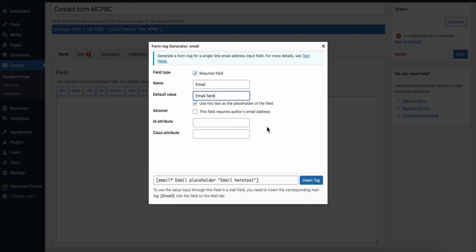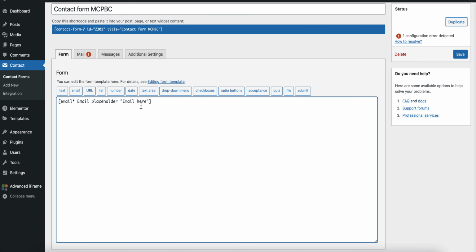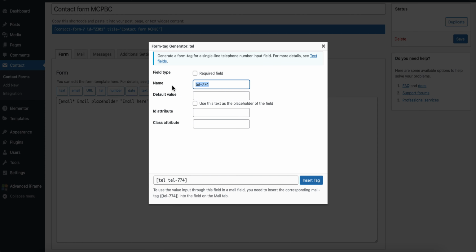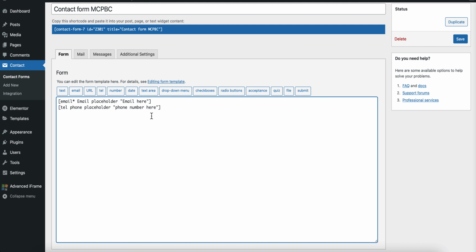So let's leave this, and we're going to go ahead and insert tag, and you can see the code is right here. Next, if you want a telephone number, I can have phone number here, and you definitely want to click on this, and you can see this is how you generate the